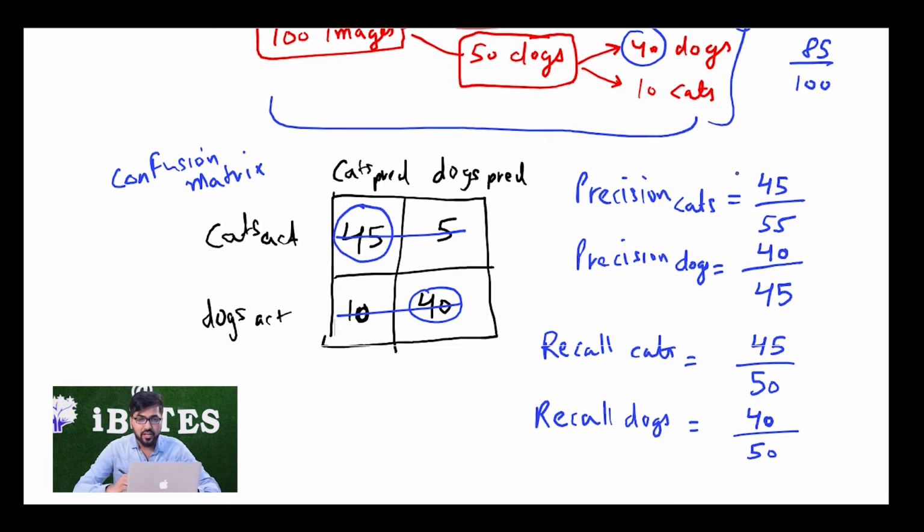So along with accuracy, which is 85 upon 100, I can see precision and recall are also doing decently well, all are around 80% or 90% mostly. So those are doing well. Only now can I say that my actual algorithm is performing well, because I have good accuracy, good precision, and good recall value.